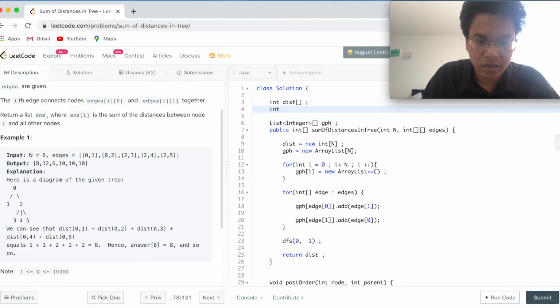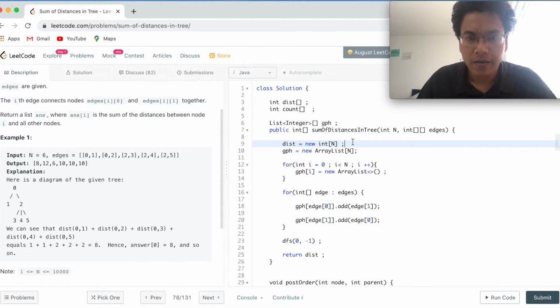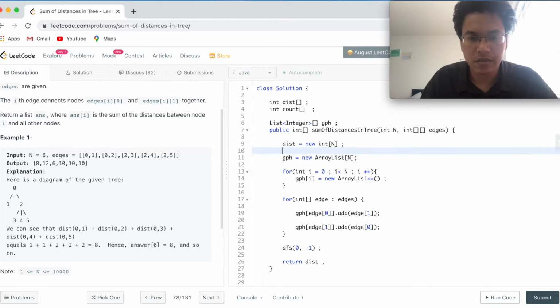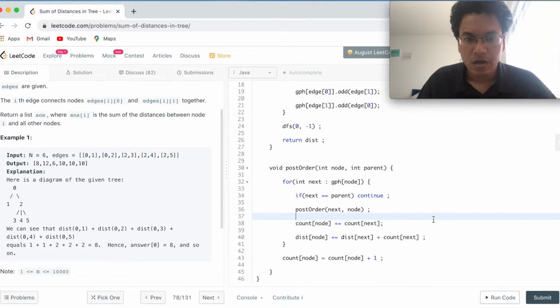So int count, and dist. I'll just copy this and say count, and count is of size n, which is good. Now count of node looks good. Now we have to call this post order and verify this particular step. Let's see this, good.